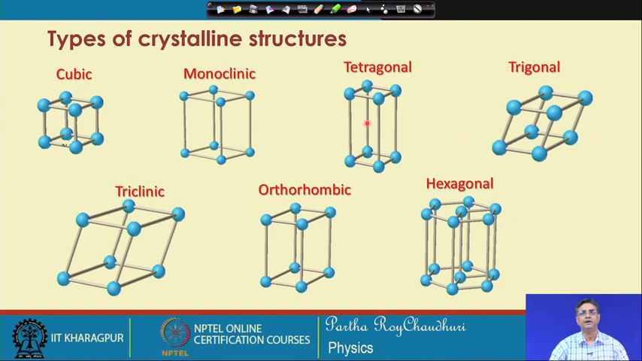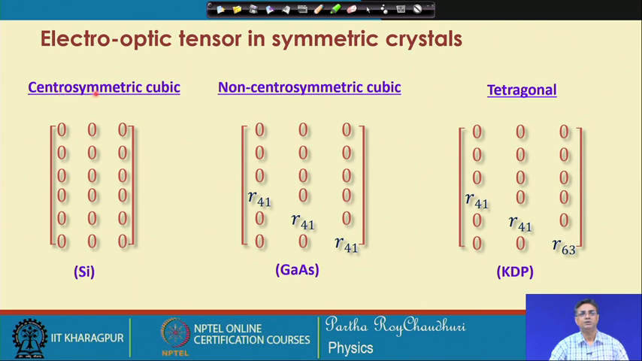So, this is monoclinic, tetragonal, trigonal, hexagonal, orthorhombic, and looking at the symmetry, 2-fold, 3-fold, 4-fold, there are groups of crystals. For the centrosymmetric cubic crystal, you have seen that the tensor is 0, the electro-optic coefficient tensor is 0. And for non-centrosymmetric but isotropic, an example is gallium arsenide, these three coefficients will be non-zero, the rest of them are 0. For tetragonal like KDP, potassium dihydrogen phosphate,